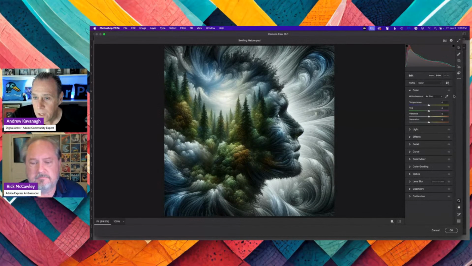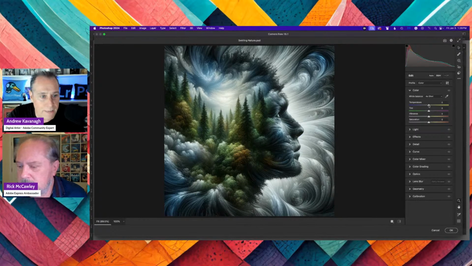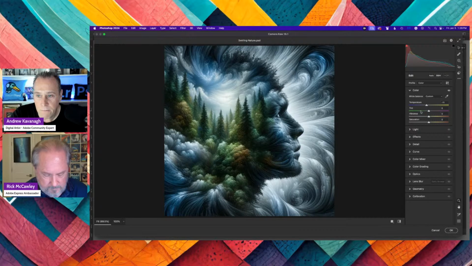So color, if you expand that, first, if I felt like there was a color cast to it, I could simply choose white balance and click on a medium neutral gray, and it would bring it back for me. In this case, I think it's fine. It's also artwork more than a photo. So I will decide if I want it to be more cool, so I'll move it to the left and add more blue, or do I want it to be more warm and move it to the right? In this case, I might tend to move it a little bit to the left for cooler, for more blue. And then tint, I don't really mess with too much, because that would change the whole spectrum